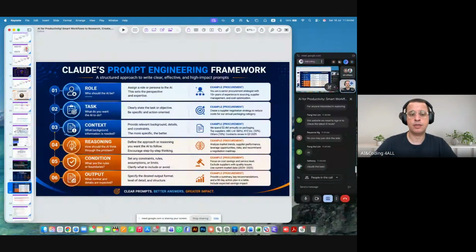Then the task, which is the instruction when we talk about Google. So the task is about creating a supplier negotiation strategy to reduce cost for our annual packaging category. All right, this is a persona and an instruction, or you can call it role and task. Then over here, the context. By the way, the main reason we are using context is because we want to limit those generative AI tools from providing wide information. They have been trained on a huge amount of data. So if you are not going to limit them, then they are going to provide general information that could